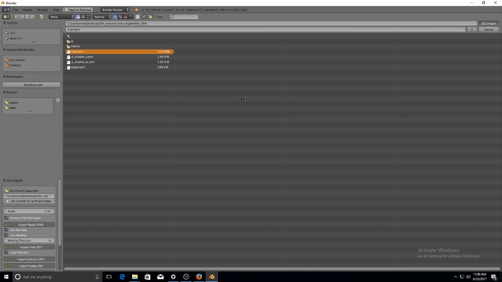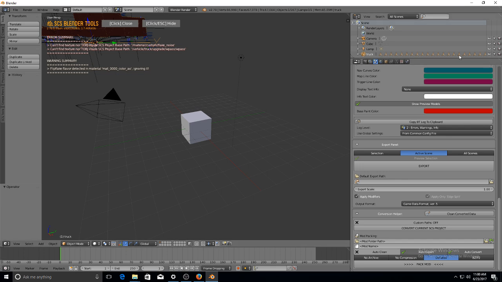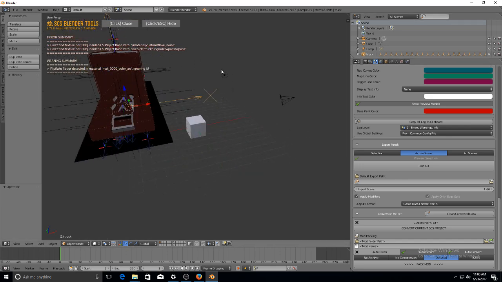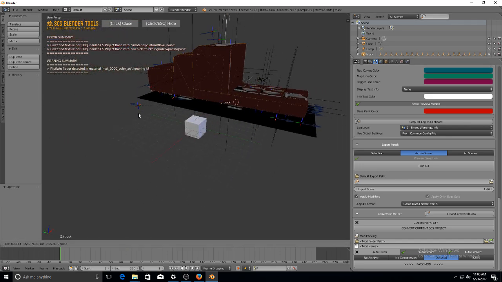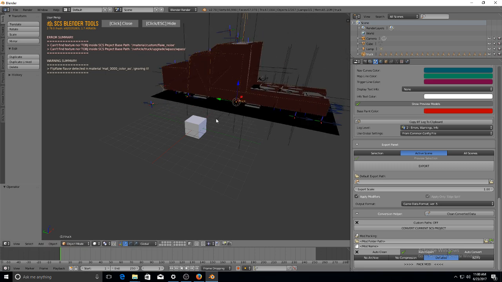I don't know why I did that to it, but it should work. Now I'm gonna wait, and I forgot to tell you, anywhere your cursor is, that's where it will import the truck. So don't worry about this. All you have to do, oh yeah, now we're gonna set up the mouse cursor,